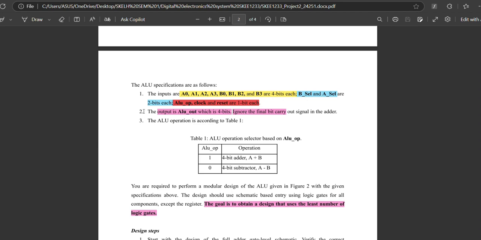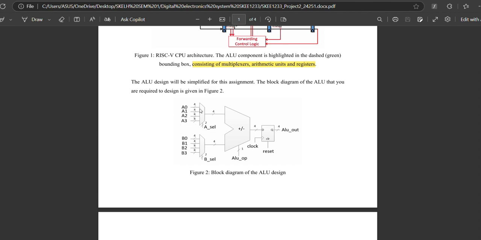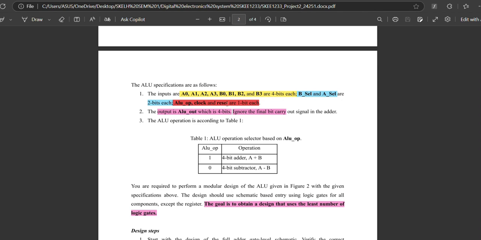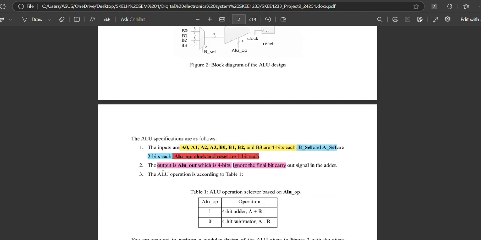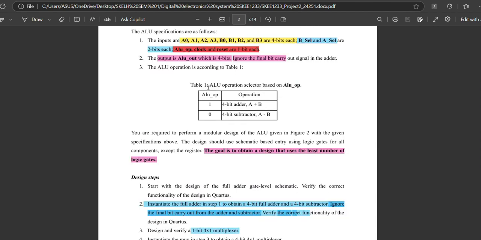Then T select and A select are 2 bits each, which are used to select the input from the A multiplexer and the B multiplexer. ALU operation, clock, and reset are 1 bit each. Next, the output is ALU out, which is 4 bits, and we ignore the carry out signal of this adder. In this project, ALU operation 1 means A plus B, the adder operation,